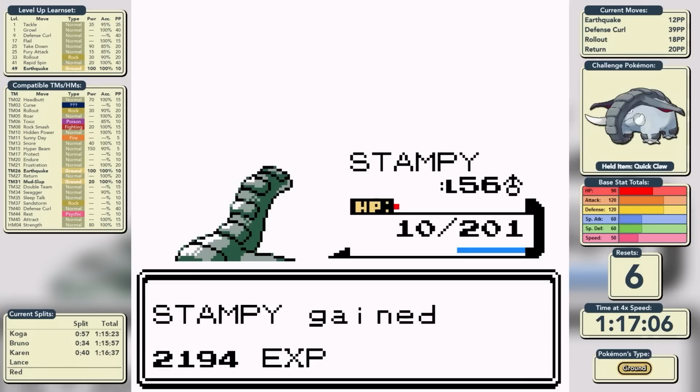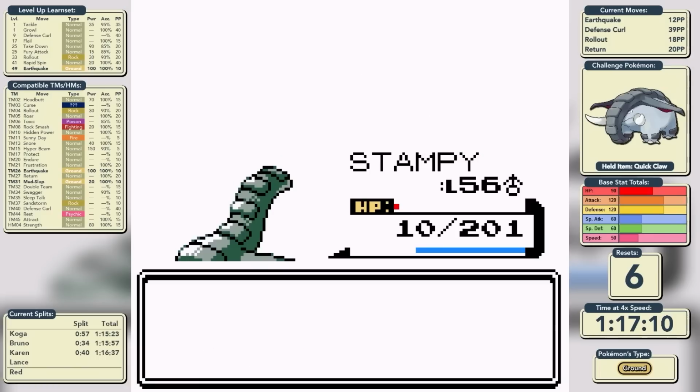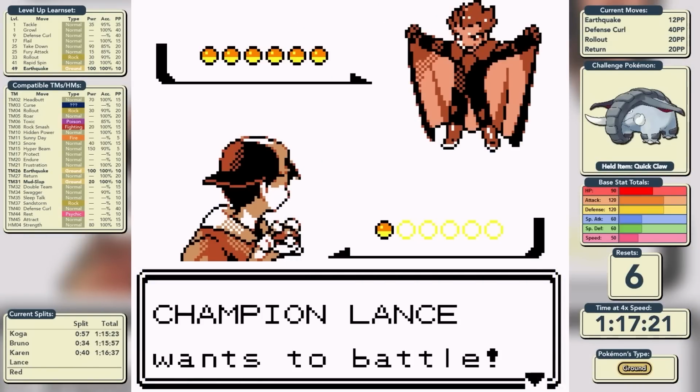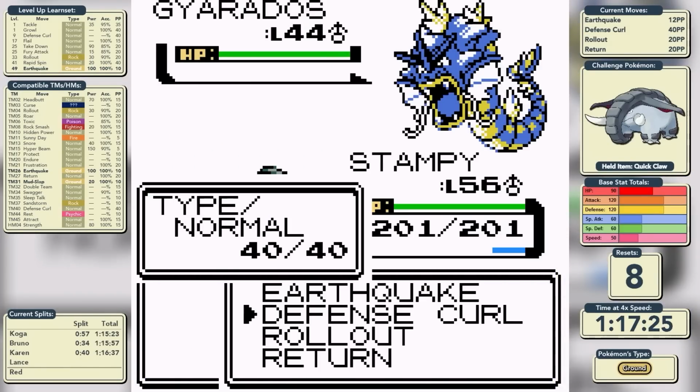Dragonite number 1 gets knocked out straight away, and we move on to Dragonite number 2. Once again we outspeed and knock it out straight away, and here comes Aerodactyl. Aerodactyl's nippy and knocks us out with Wing Attack. Let's try again. I think we just got a little bit unlucky on that attempt, so we'll do the exact